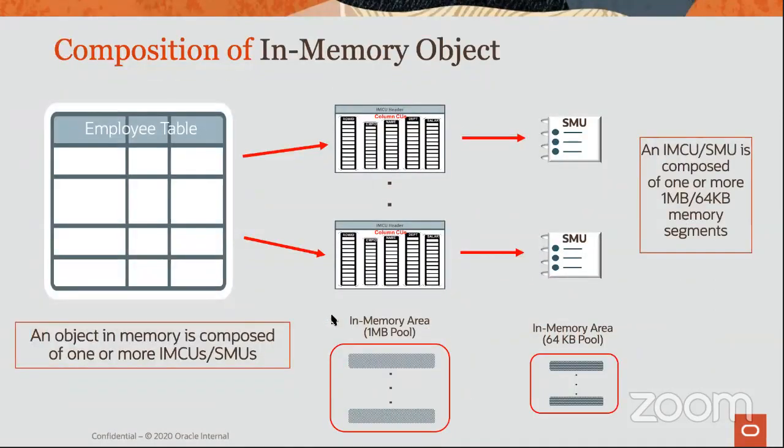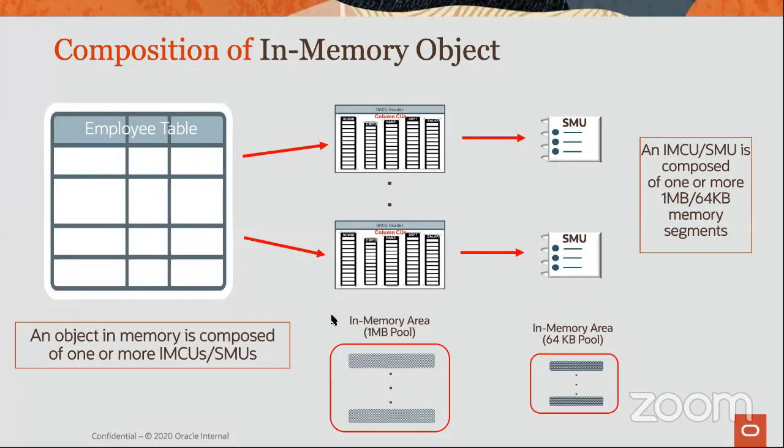And then my picture here is to try to explain this in a bigger picture, in the sense that when you populate an object, that object will be made up of one or more of these IMCUs, which are allocated from the 1 megabyte pool in the in-memory area. And an IMCU will be made up of one or more 1 megabyte extents within the in-memory area. And that's very similar to what we do with tables and tablespaces and extents in the data files